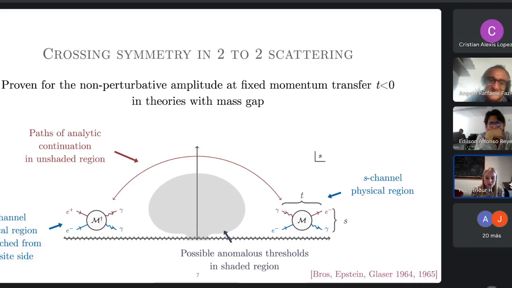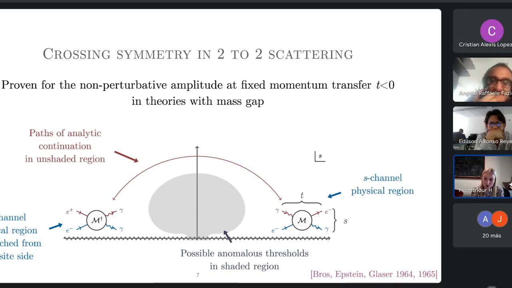And let's start talking about, or keep talking about, 2-to-2 scattering processes. So for 2-to-2 scattering, crossing symmetry was proven for the non-perturbative amplitude at fixed momentum transfer, t less than 0, in theories with a mass gap. So what we have in mind here is some amplitude like this one, Compton scattering, e minus gamma to e